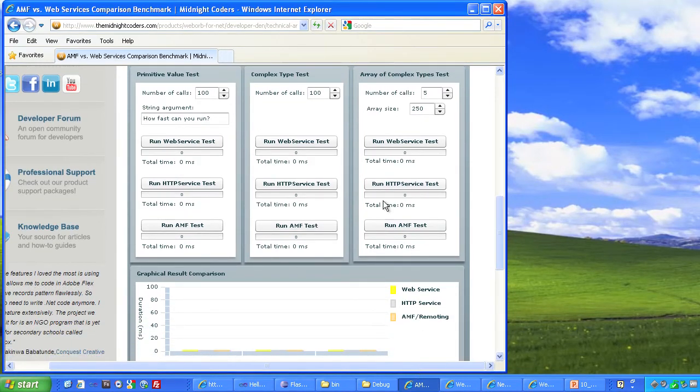And what this application shows is a comparison of the speed over the wire of sending primitive values, complex types, and arrays of complex types using web services, HTTP, and AMF. So let's go through those one at a time. Here we're going to make 100 calls that send a string argument, and that's the string. You can put whatever you want in there. Let's put foo bar